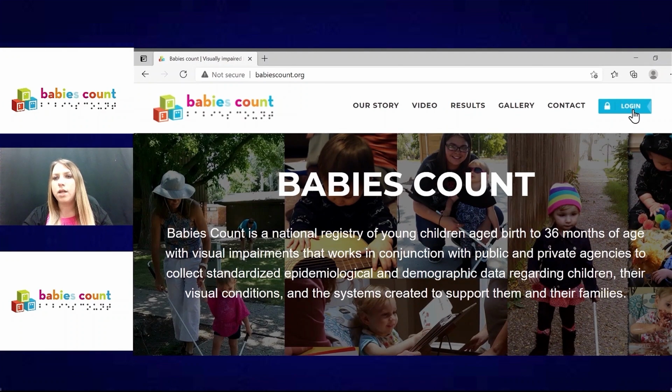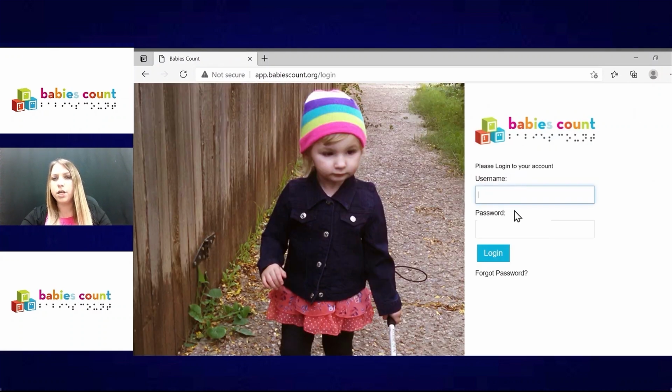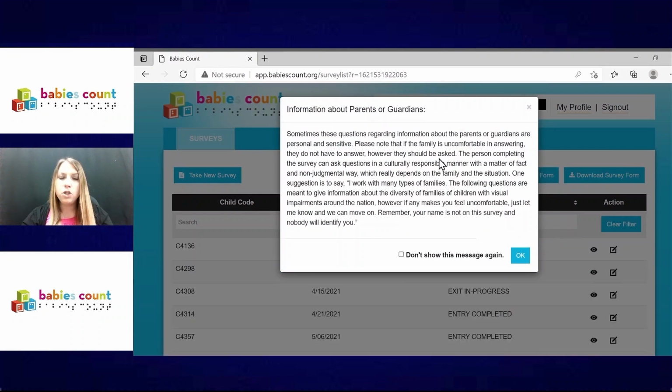Next, you'll want to go to the upper right-hand corner and click Login. That's where you'll enter your username and ID. As soon as you put in your password and press Enter, this box will pop up, just providing you with